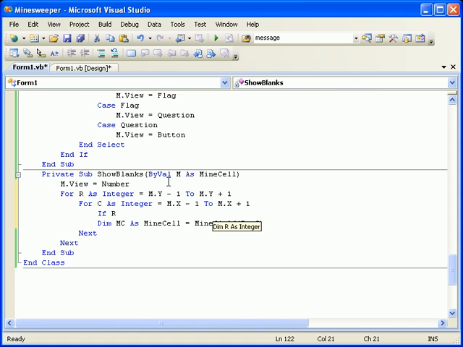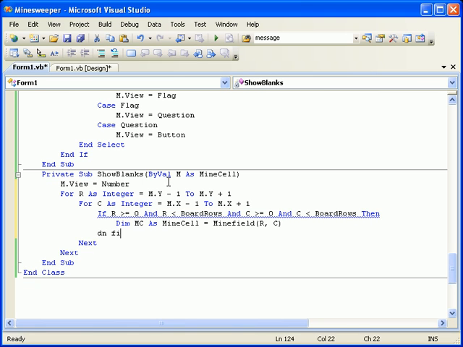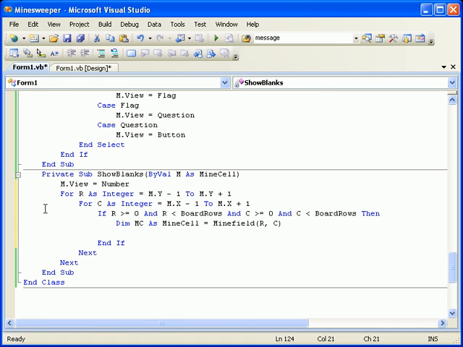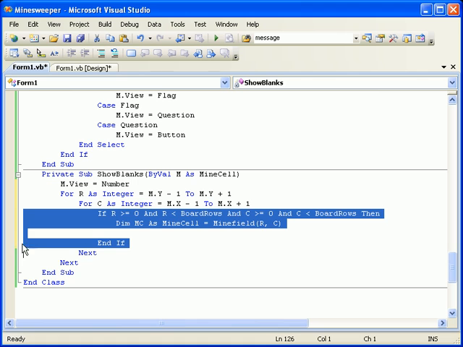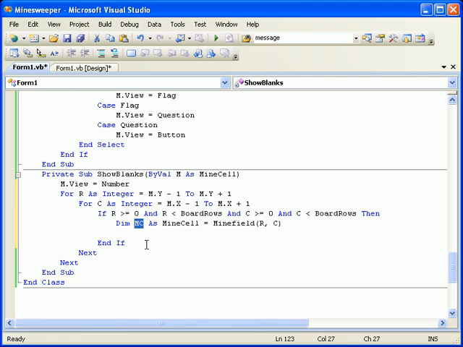So If R >= 0 And R < BoardRows, And C >= 0 And C < BoardRows, and then we can End If. Now that should actually give us a look at each of the cells there. So these are the 9 cells. This has made sure that they're legal, and this will shorten up the code later on by abbreviating this MineField(R, C). And so now for these 8 cells, the first thing we can do is check them to see that